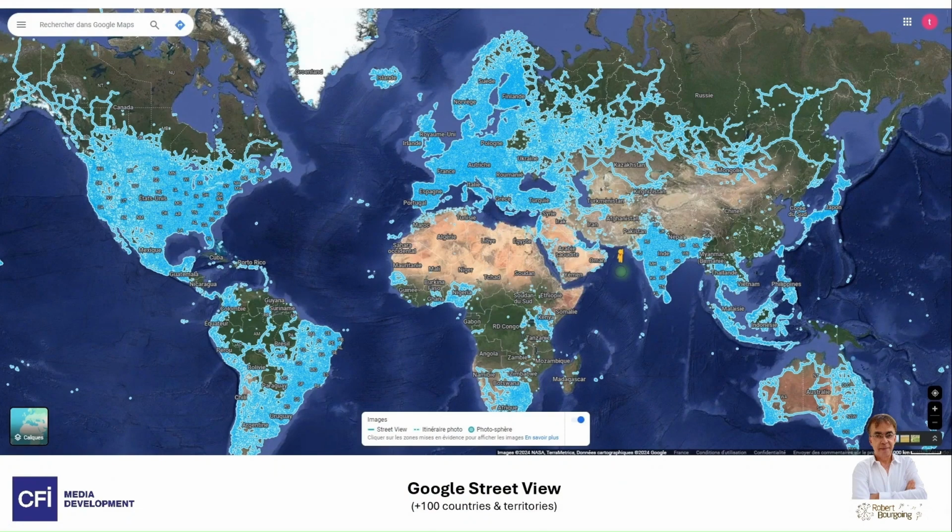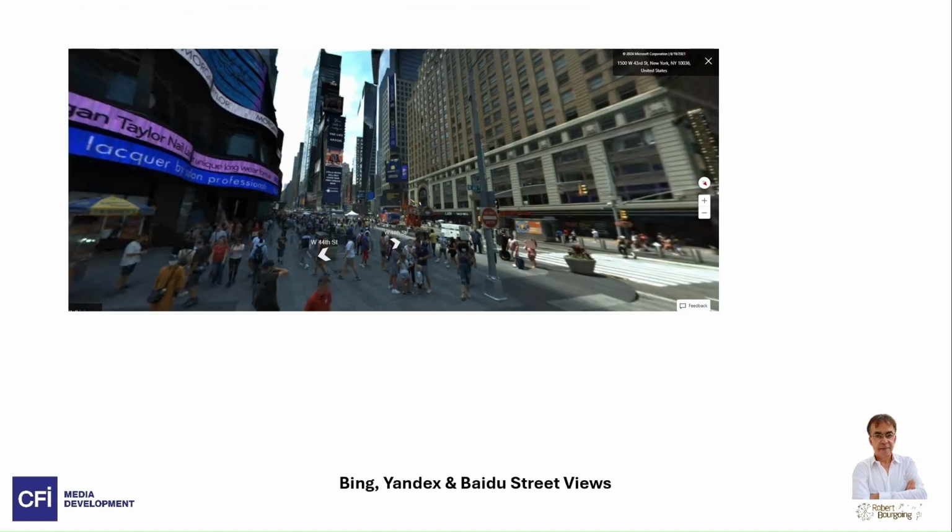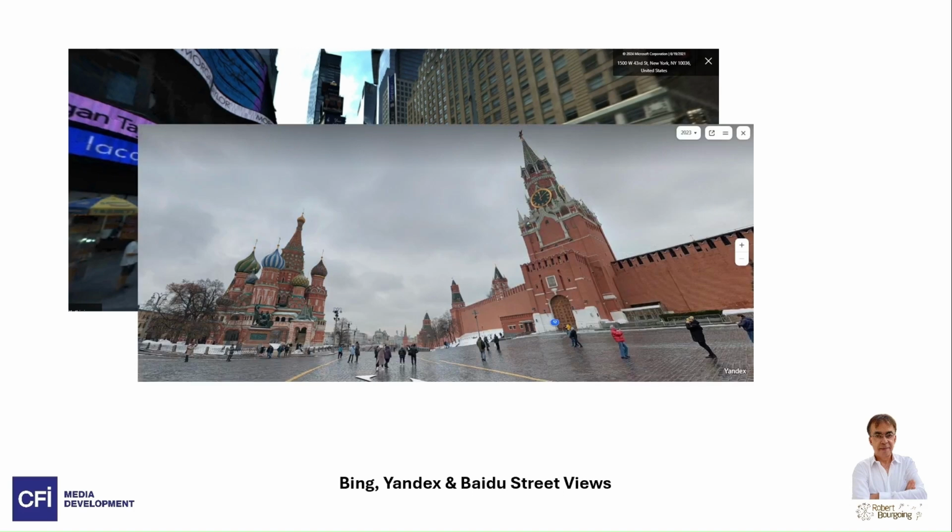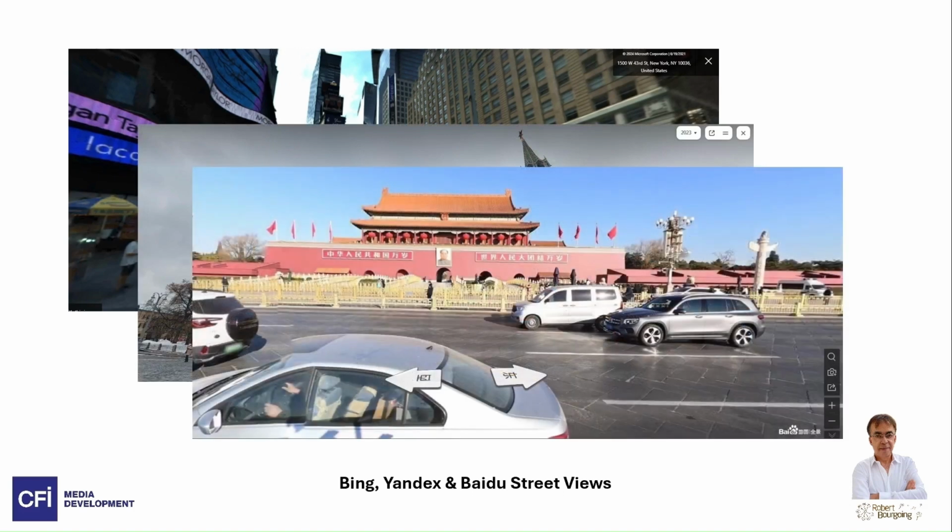As you can see, Google Street View has already mapped an impressive surface of the planet. If you wish to travel the world in your pajamas, just drag your blue friend or yellow friend on top of the world view in Google Maps, and you can wander the streets of over 100 countries and territories. The other search giants, Bing, Yandex, and Baidu, also offer street-level photos like Google Street View, but in a much more limited number of geographic areas. Links and instructions to access them are on the